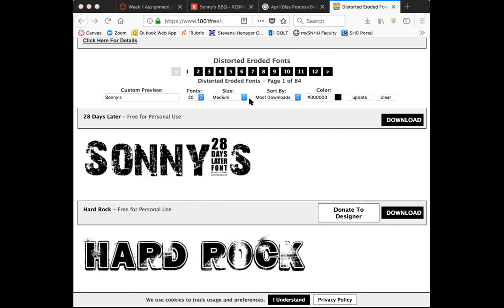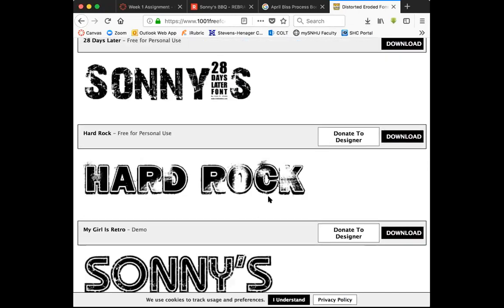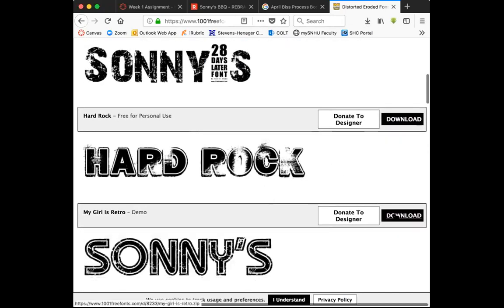We're going to install it into my font suitcase here. And 28 Days Later, I'll try this one maybe. Hard Rock. Some of the letters are a little hard to see there, so it depends.